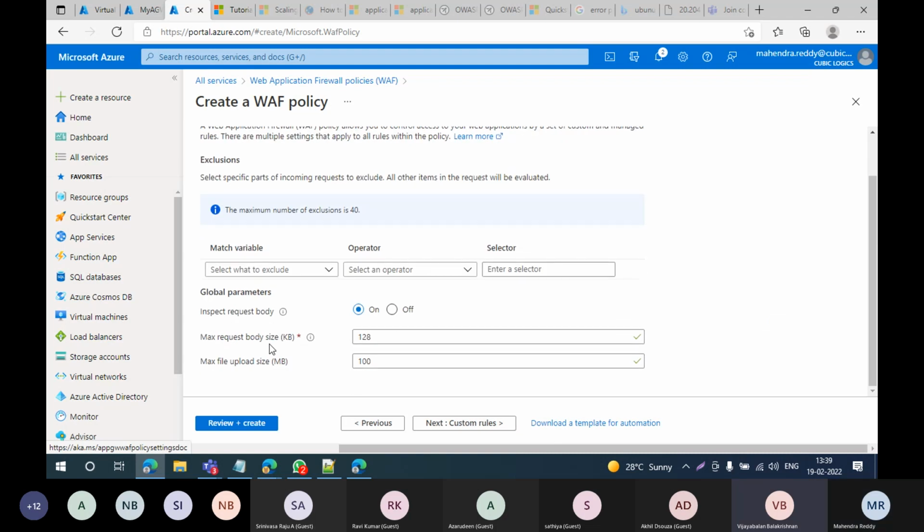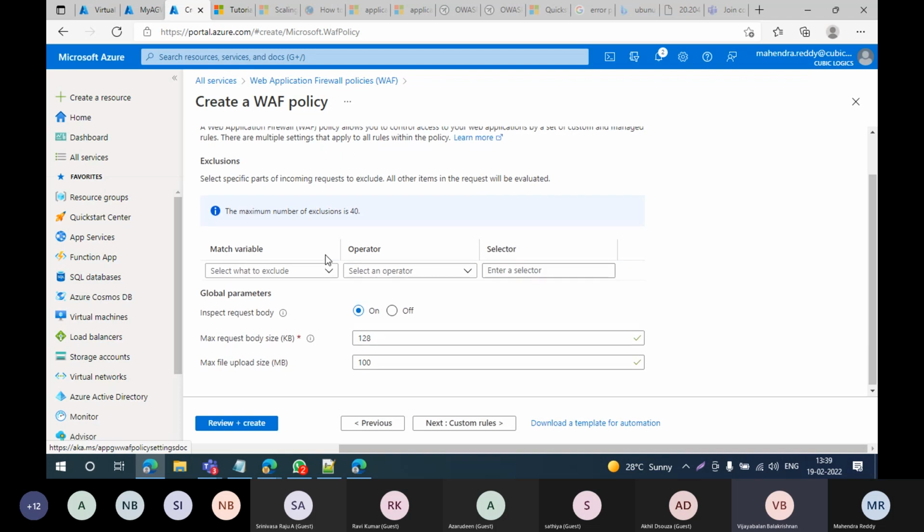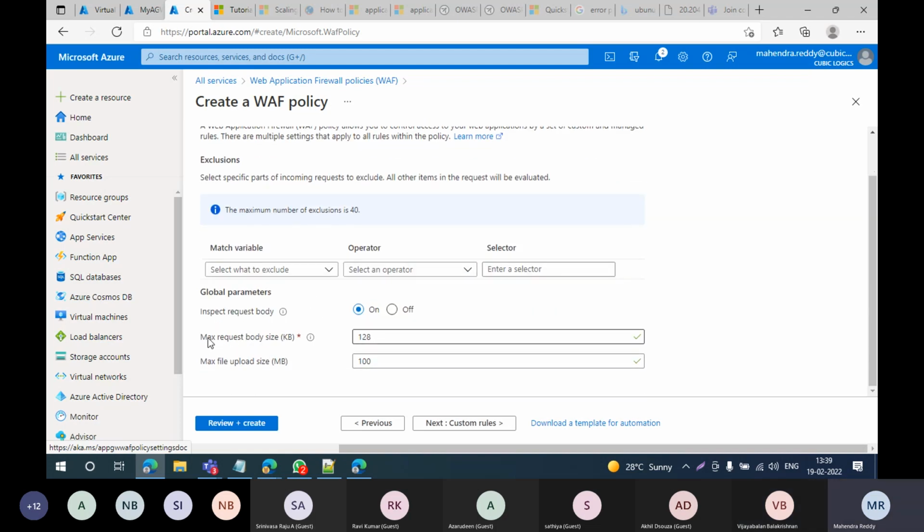You can say geo rules, so they keep on updating the backend with whatever they're learning. Next, policy settings: the maximum request body size controls the overall request size limit, excluding any file uploads. If you are trying to upload any content, restrictions we can do here.